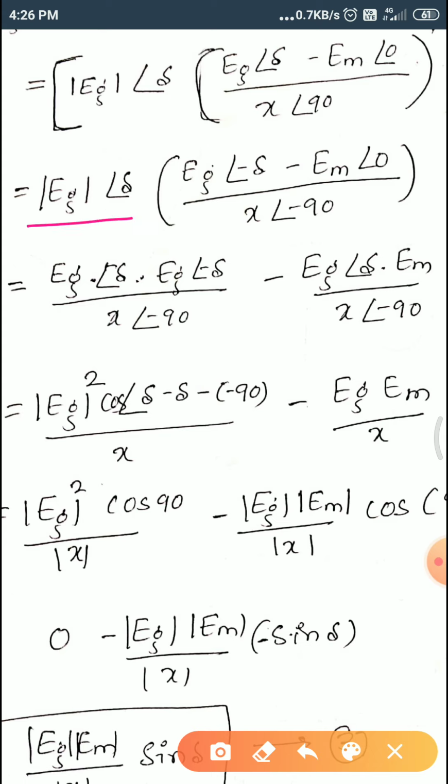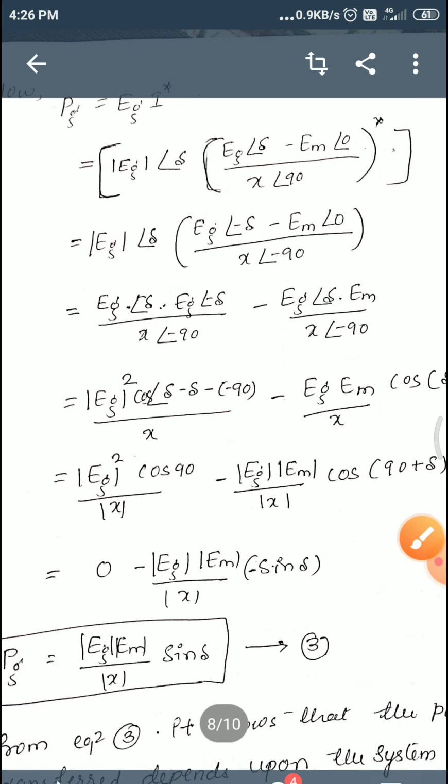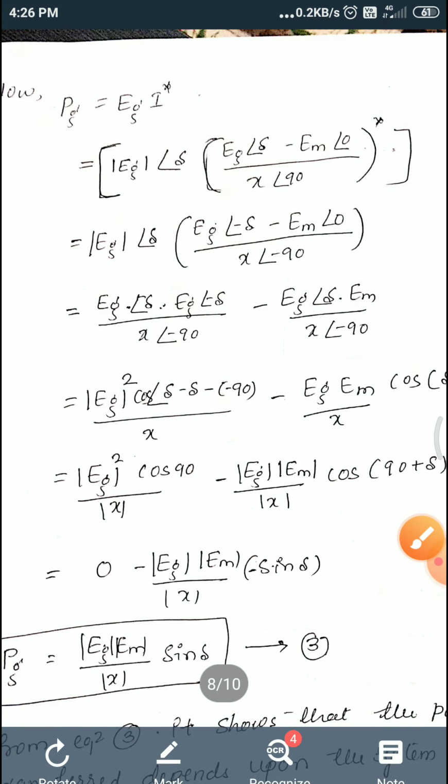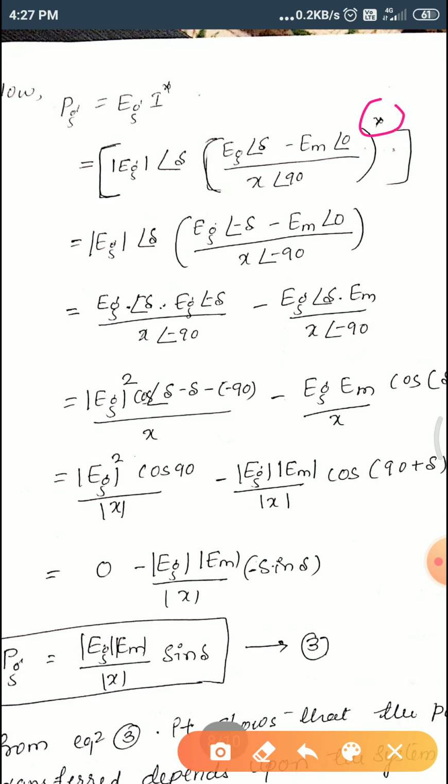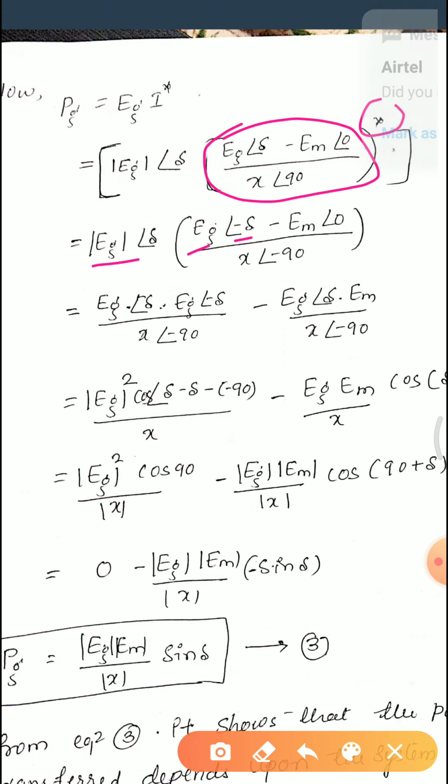Let's see once. E as it is here, this one you know. As we have said, this is a conjugate one. Now we are supposed to remove this conjugate, so only the angles are going to change. E at an angle delta, keep as it is. E at an angle delta was there, so it should be minus delta. Then Em at an angle 0 was there, minus 0 or 0, anything you can take among those two. And then X at an angle 90 was there, so it should be minus 90.